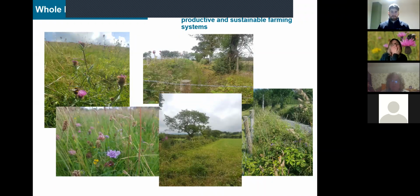And these pictures show some of the habitats on some of the farms we've been working with. I was just going to run through a few of the management options that farmers have been undertaking. We may be looking at restoring habitats, enhancing them, or creating habitats and managing them better for pollinators. Some farmers are delaying grazing on unimproved or semi-improved grassland. If they delay grazing or cutting, it can increase the amount of flowers for the next year, allow them to set seed, and increase the amount of flowers in the sward. It can also extend the flowering period, when the flowers are available for the pollinators to feed on. Some farmers have also planted wildflower areas,